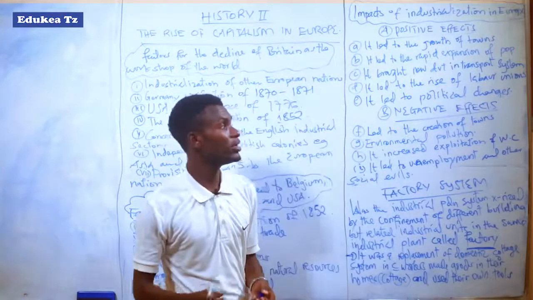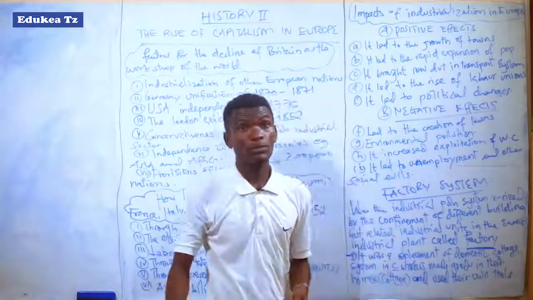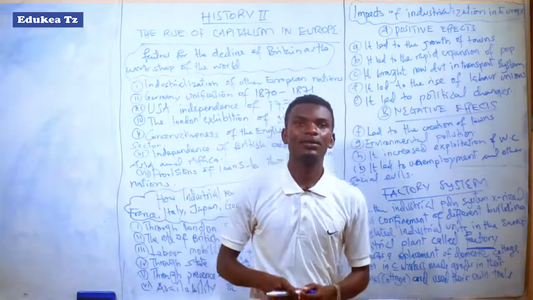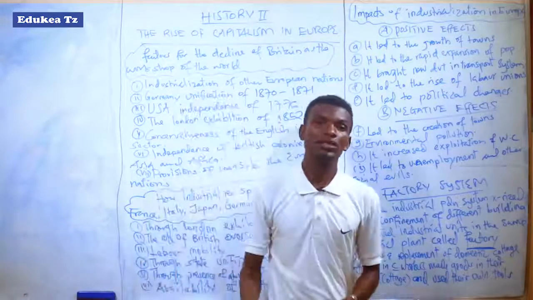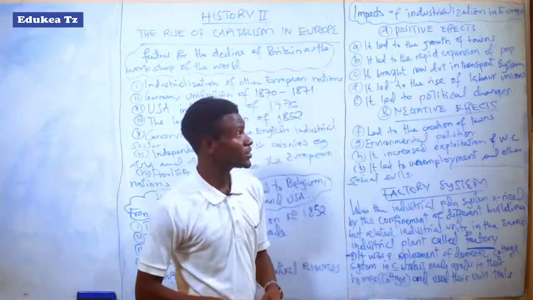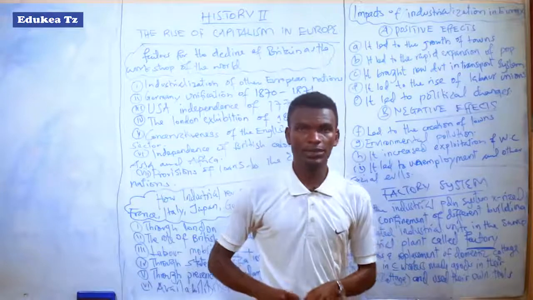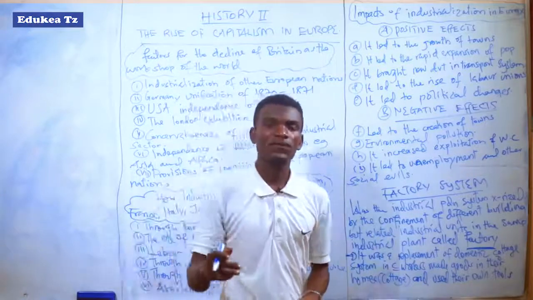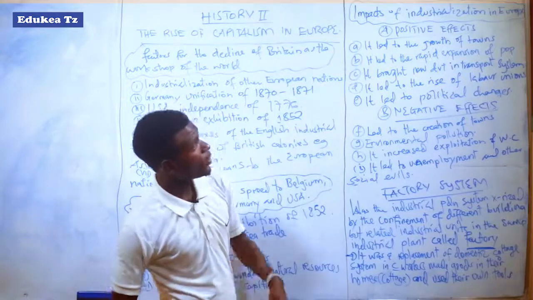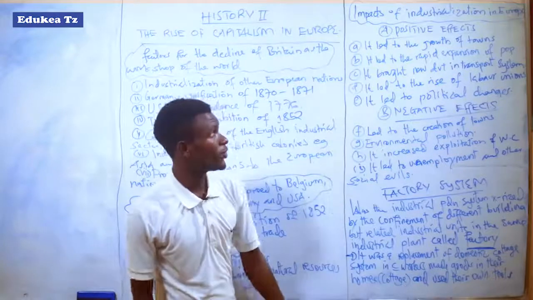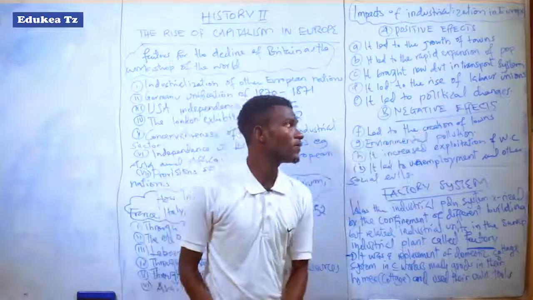So even demanding their rights from exploitation by those industrial owners was like empty praise, meaning nothing they could achieve, because the influence over the government was in the hands of industrial owners, because it was the chief source of national income. So after looking at the positive effects of industrialization in Europe, let us jump to the negative effects of industrialization